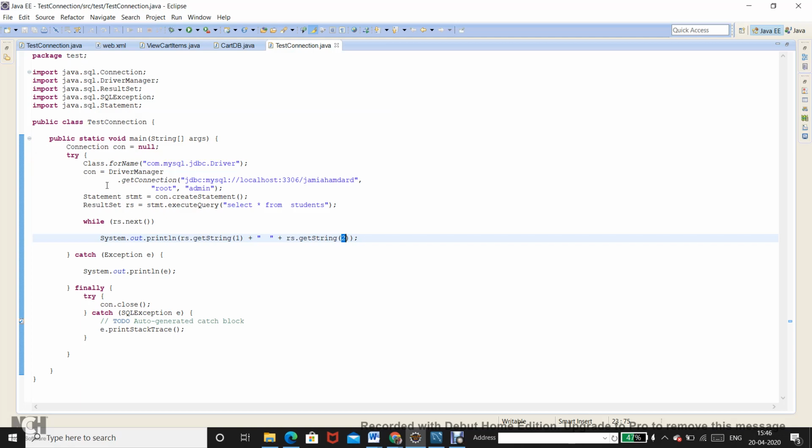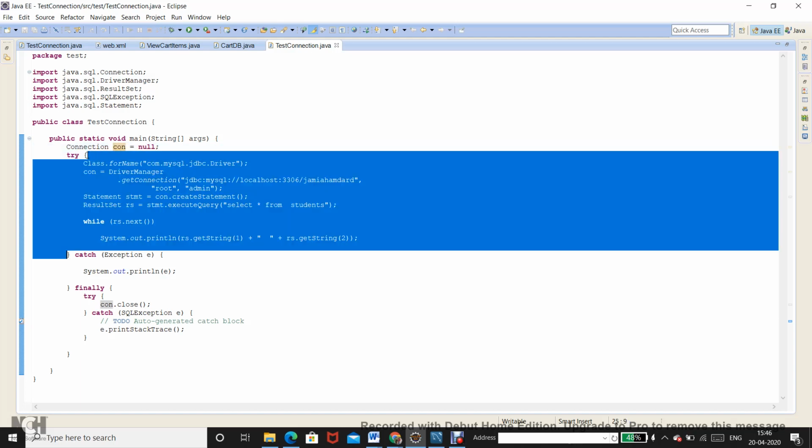Because of the presence of this main method, I can take this code to the command prompt, compile it from there, and run it using the Java interpreter, or I can directly click the run button and it will execute. The first thing I do is create a connection object, Connection con, a reference variable, and initially that is pointed to null. That means I don't have any object to refer to with the con reference variable. Then everything goes within the try and catch block, because the statements that follow have a lot of chances of throwing different exceptions.